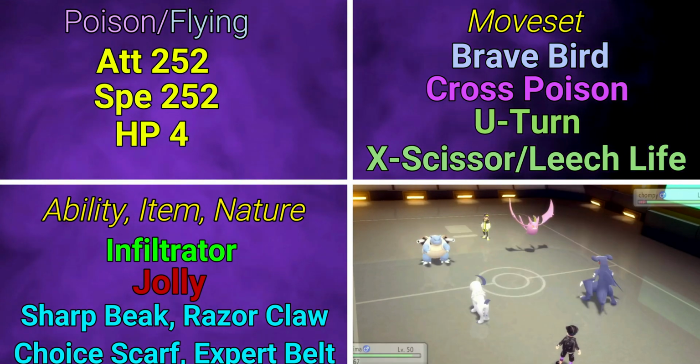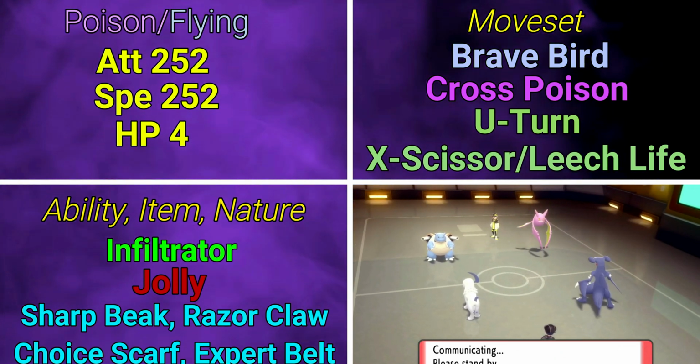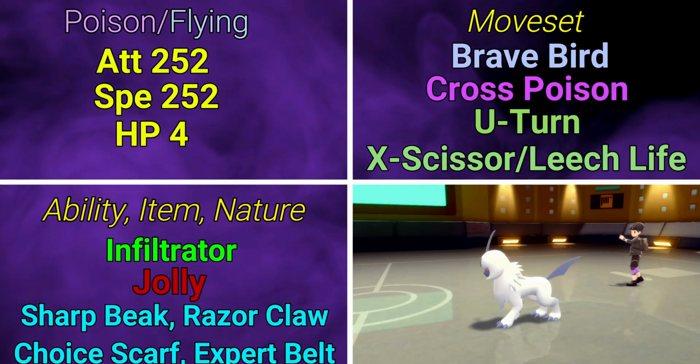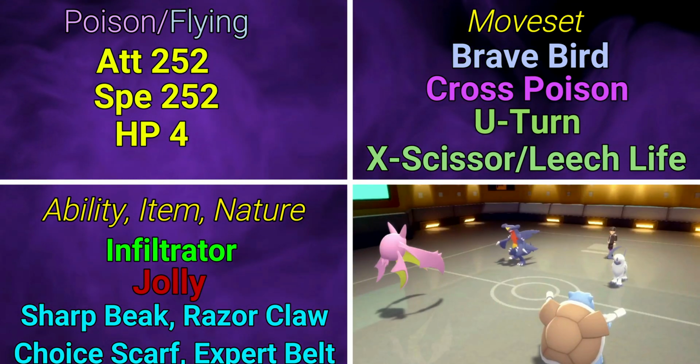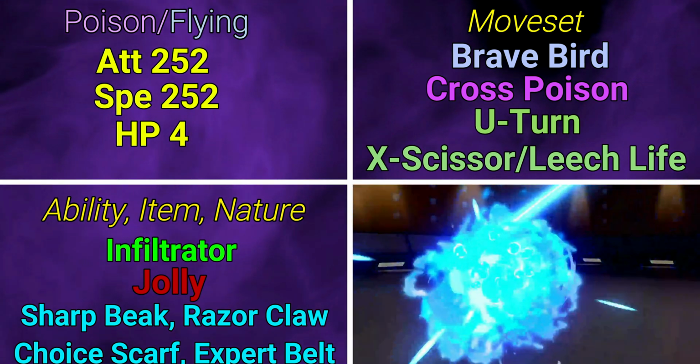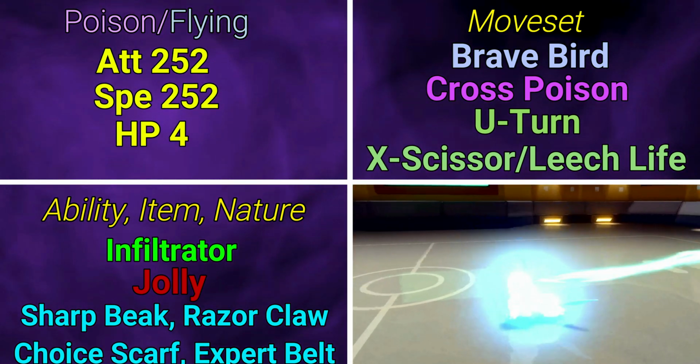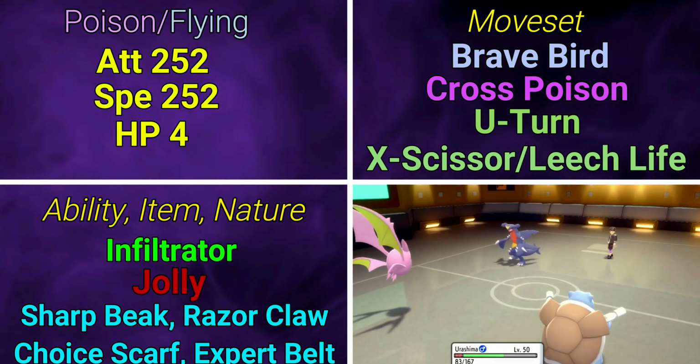Cross Poison's great because it does have that increased chance of critting, as well as the possibility of poisoning. Now, the poison's a little low, the possibility's a little low, but there is that double bonus there for Cross Poison, so really like that skill, plus it's a stab bonus. And then your Brave Bird is a super, super heavy hitting move. With your stab bonus, it does